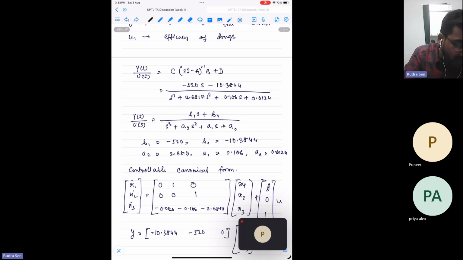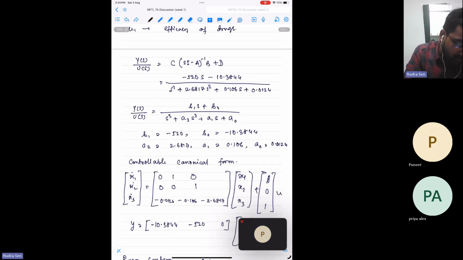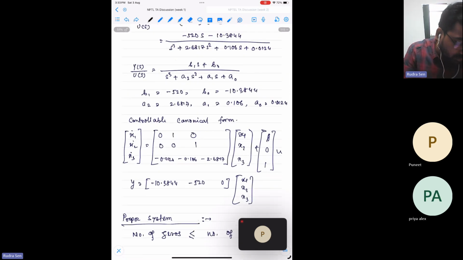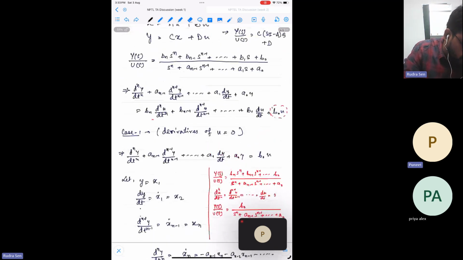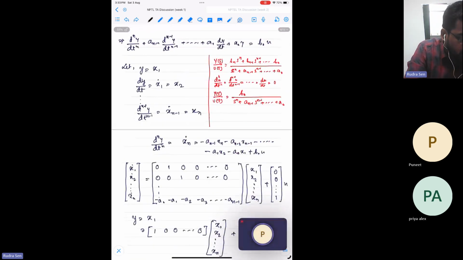So that's the first thing. Let's say here I have chosen this controllable canonical form. It depends on how you choose these things. Here we have considered that y is equal to x1 as an output, and based on that we have considered x1 dot equals x2, x2 dot equals x3. Now, if instead of x1, we say that y is equal to,